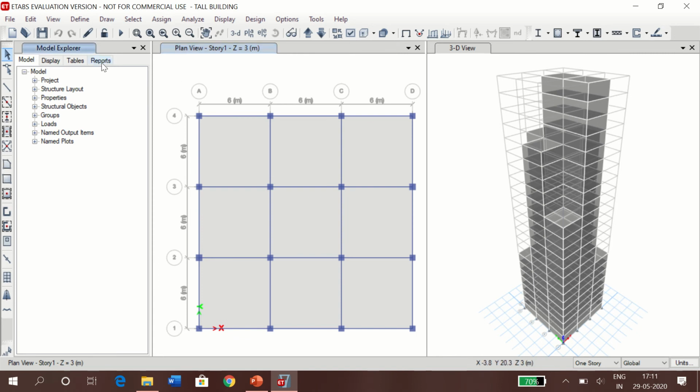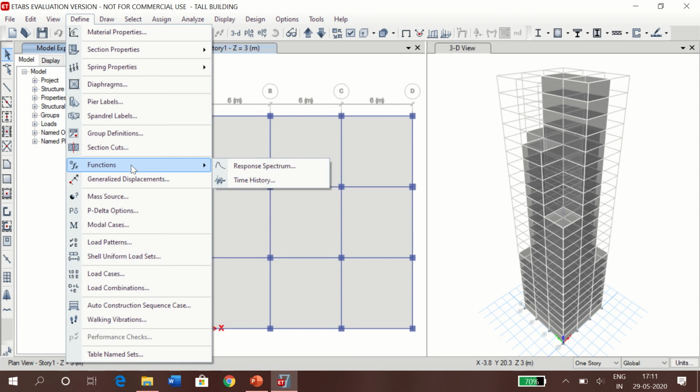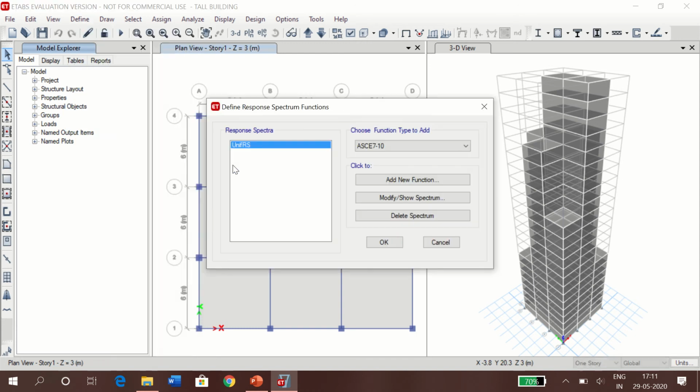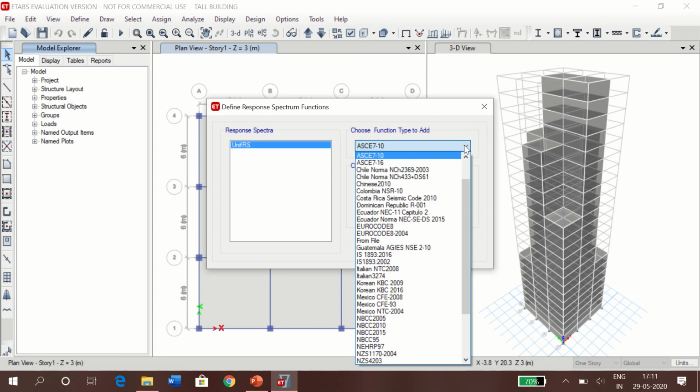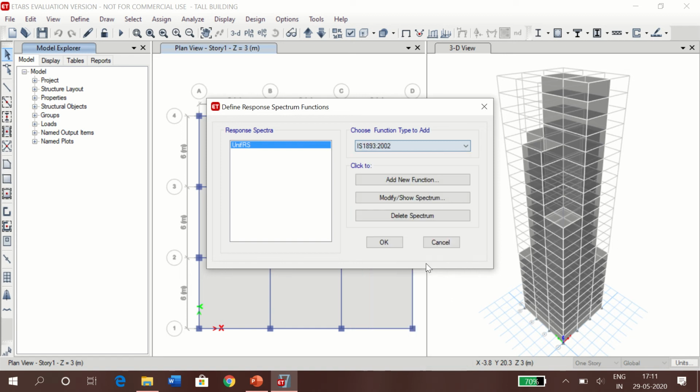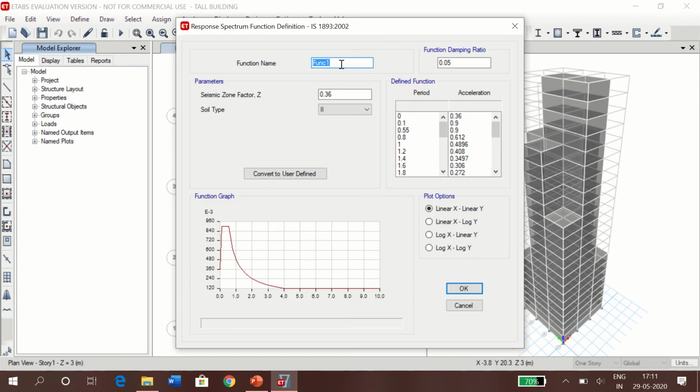Now we have to go to define menu and we have to define the function. So we'll be defining the response spectrum function. We have to choose function type to add. Now in this again we will be adding IS 1893 2002. Add new function. Give the name as response spectrum function and give the parameters